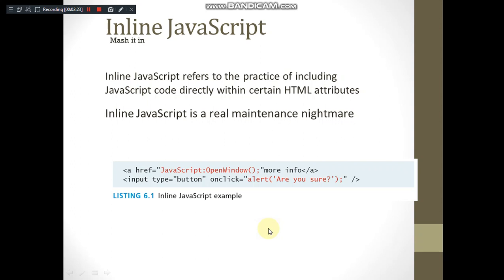As you can observe, maintenance of such JavaScript is very difficult because it is embedded with the HTML and is coming as a part of the value of a particular HTML element itself. So if you want to do any modification or if you want to write a big part of code, then it is not preferable to use the inline way of including JavaScript in an HTML document. But here it is shown that it is also one of the ways where you can include a part of the JavaScript code inside the HTML element's attribute.